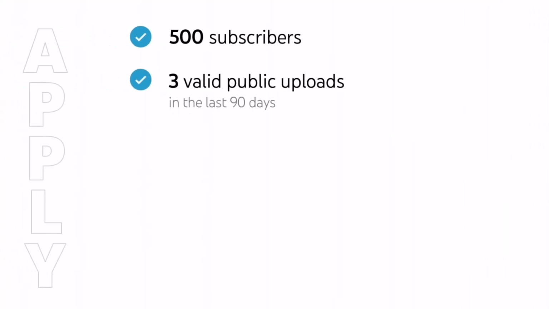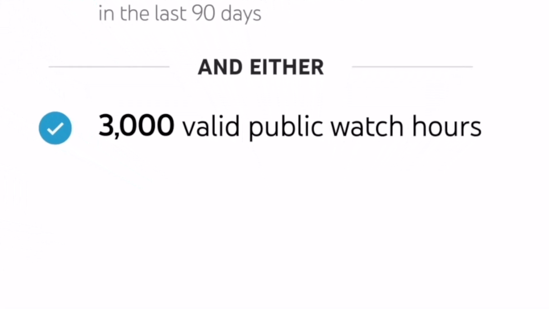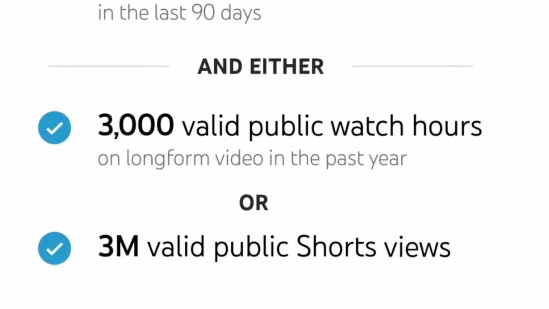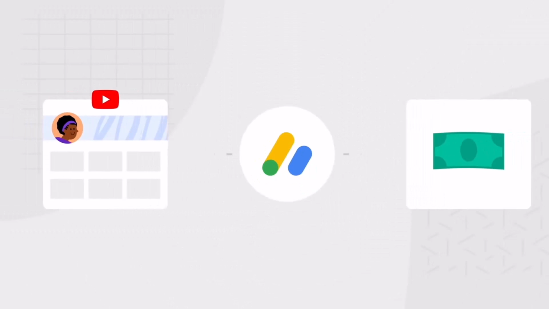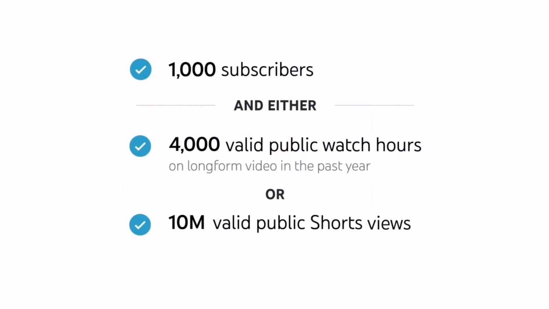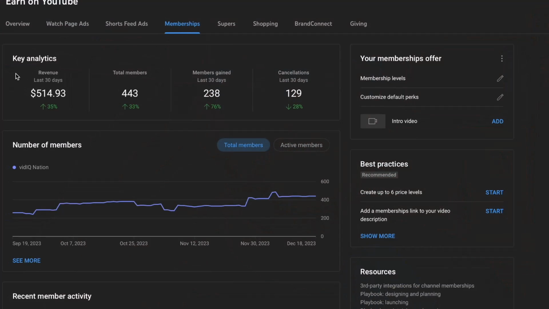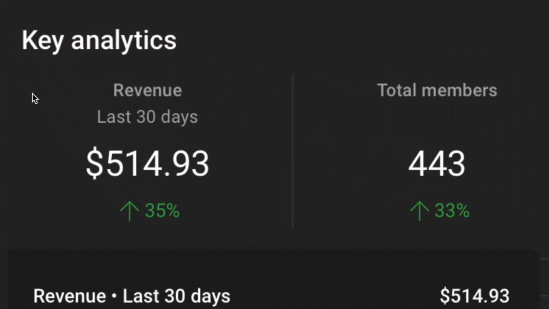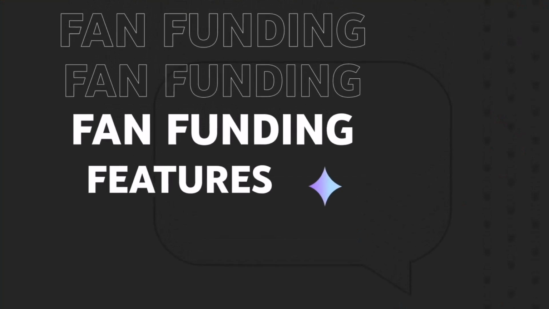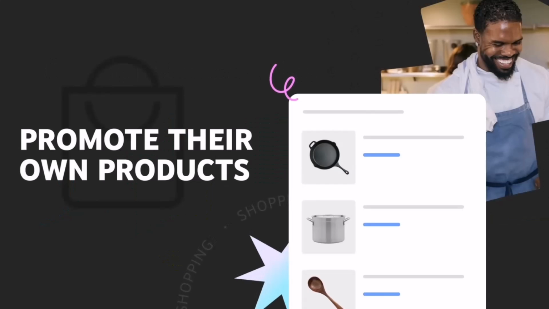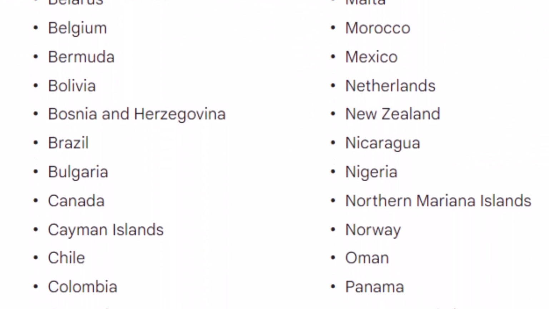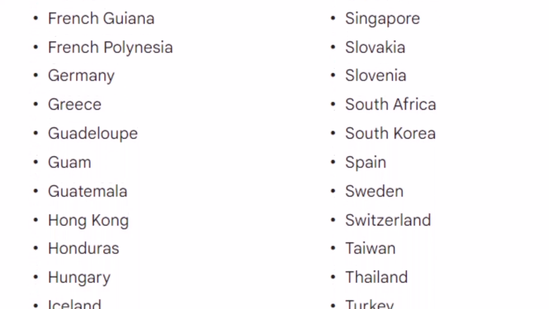YouTube have slashed the number of subscribers and watch time or Shorts views you need to join the YouTube Partner Program. But the key point here is that this new tier of monetization does not unlock ad revenue. You still need the old requirements for that. So what you need to do is start to learn how to monetize your audience, your community, rather than your content. So what we're talking about here are features such as Super Thanks, Super Chats, memberships, and the shopping feature. And by the time you watch this video, these new monetization requirements should have rolled out to more than 100